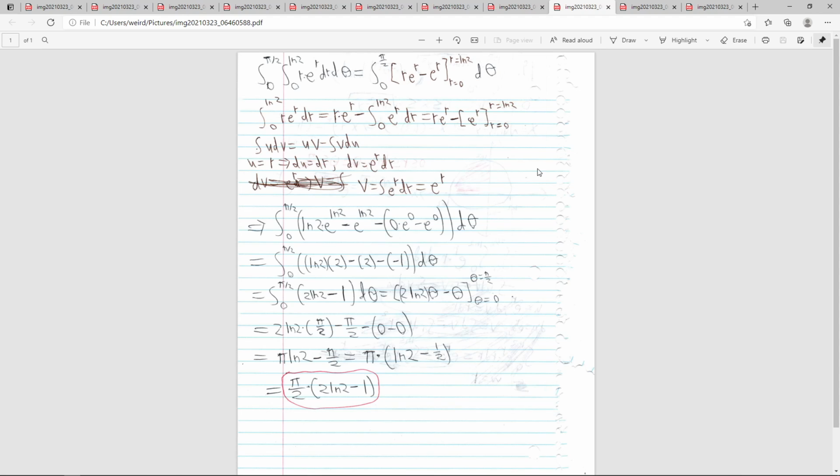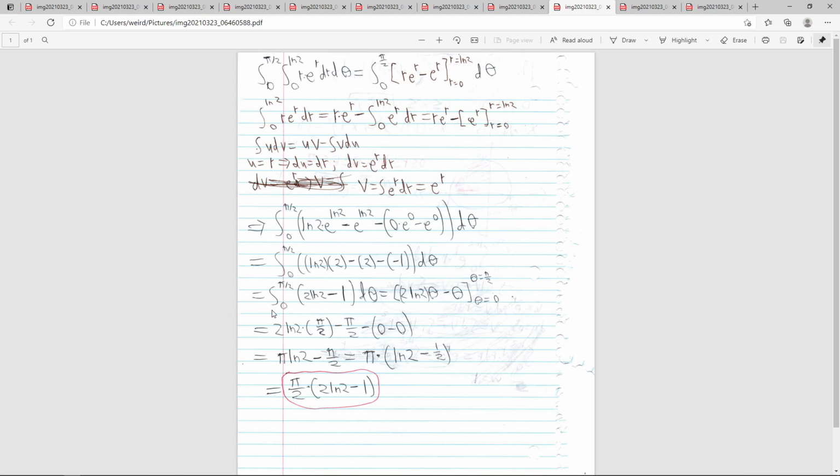It's a very simple integration by parts if you know how to do it. You just have to recall how to do it, especially when they use it like this. So the integral of e^r is just e^r, like I've said before. So you have to plug in r e^r minus e^r, plugging in ln 2 and 0. Do your normal sequence of events,